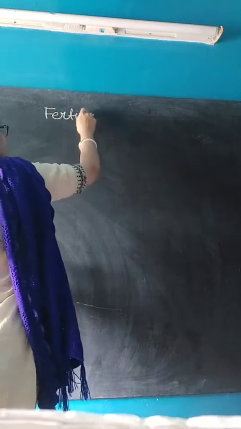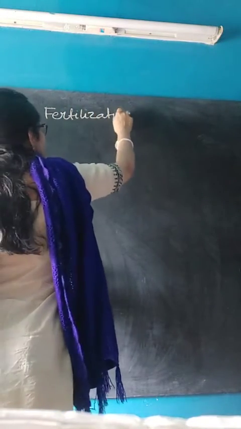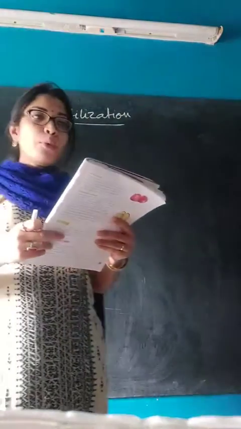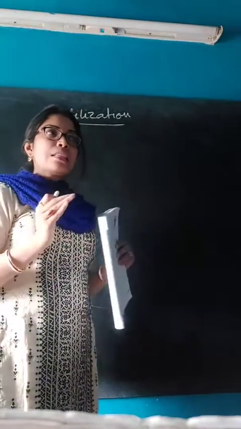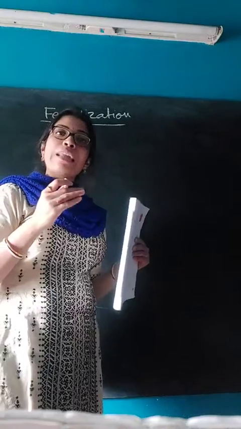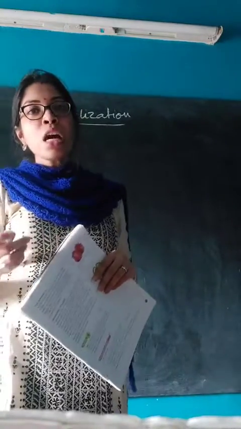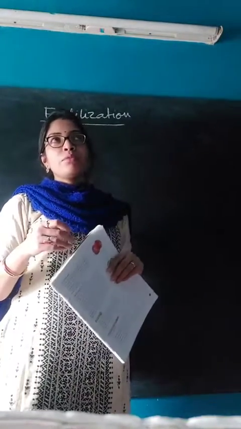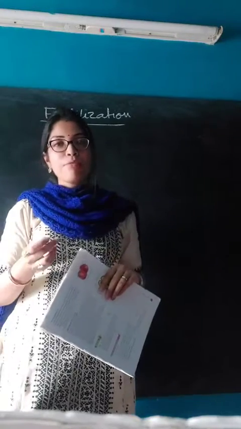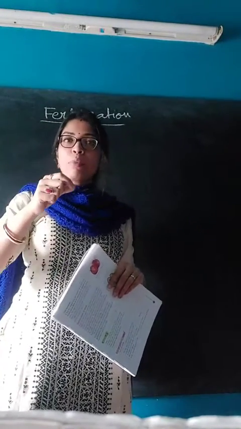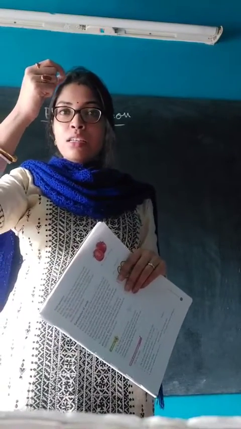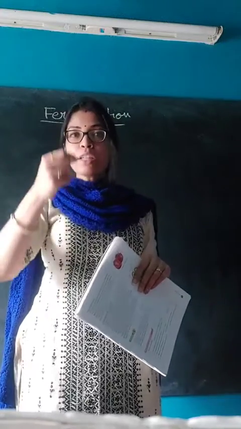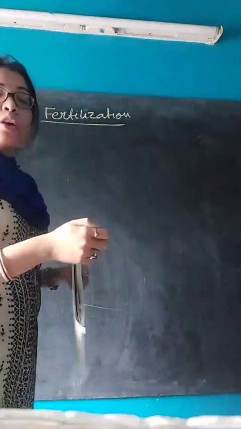Okay, how fertilization takes place in flowering plants. When a pollen grain reaches the stigma, so in the previous topic, that is in artificial pollination or in natural pollination also, what happens is the pollen grain from a different flower or of the same flower, when it falls on the stigma of the female reproductive part of the flower, it then starts moving downwards to reach the ovary of the flower.